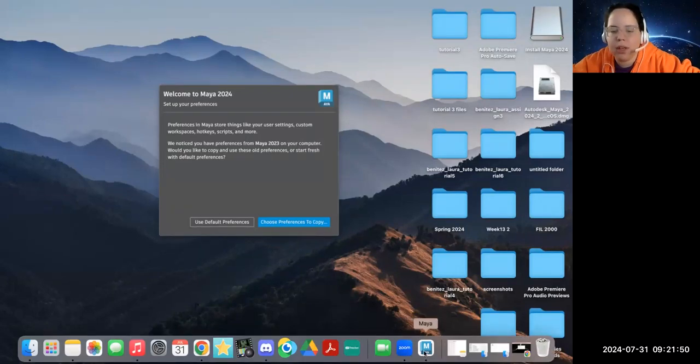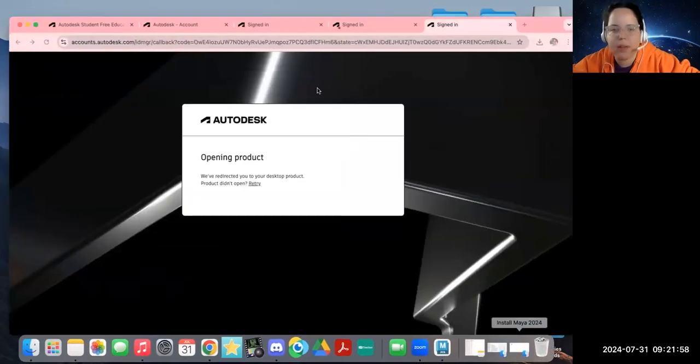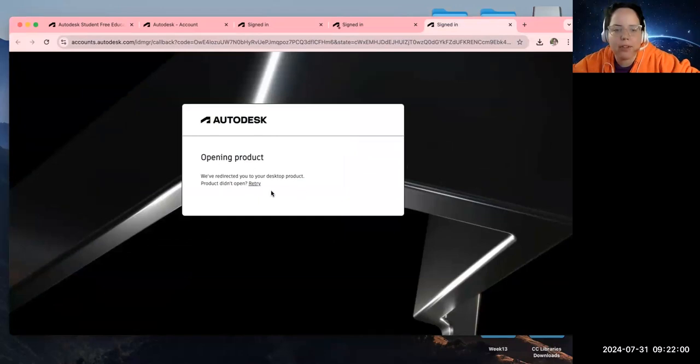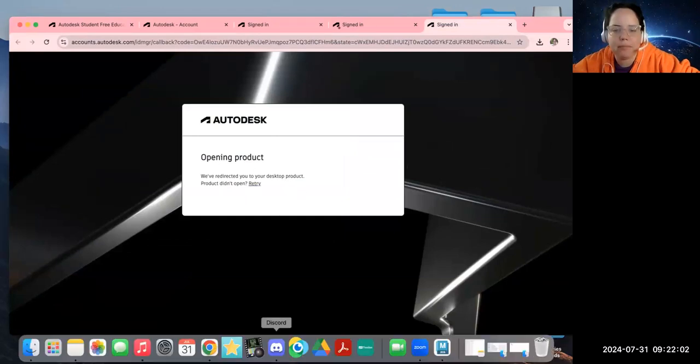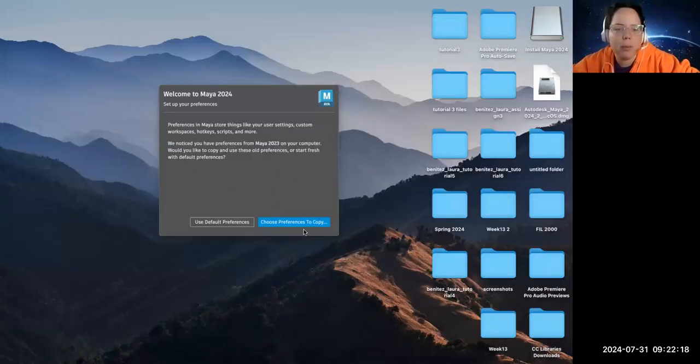So when you log in to Maya, you'll click on use your login. It will take you to this window to open Autodesk Identity Manager. And I think I had a pop-up blocker on. So just make sure to click on Open Always when you're on your web browser. And once I go back,